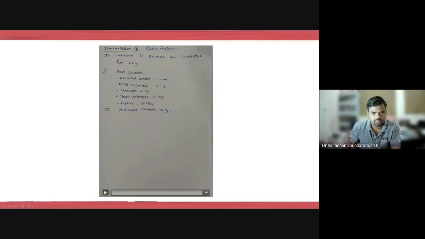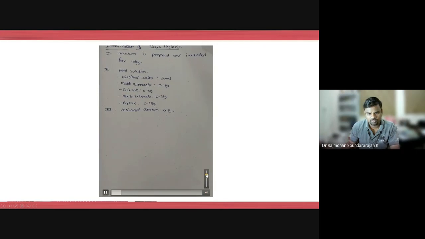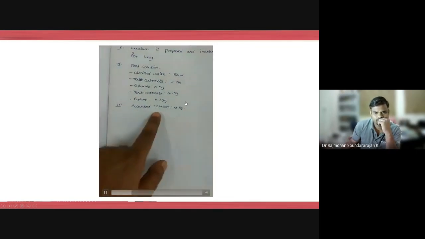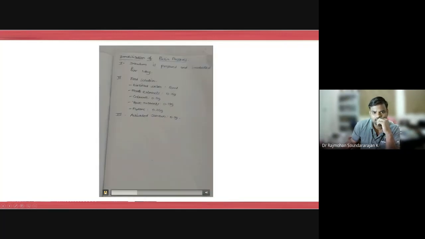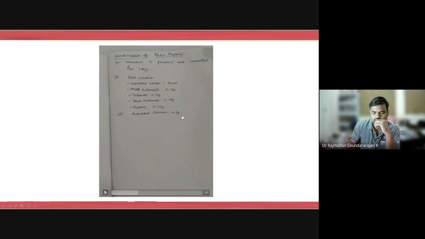For example, now we are going to immobilize a microorganism, Pichia pastoris, onto activated carbon. I told you in the last lecture also that activated carbon is one of the widely used supports because it is cheaply available. Anybody can even prepare activated carbon by taking any biomass. You can do it in a tubular furnace, in the absence or presence of oxygen.